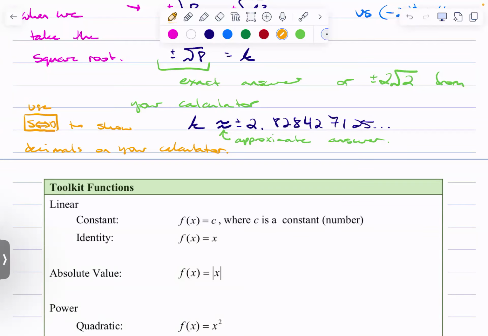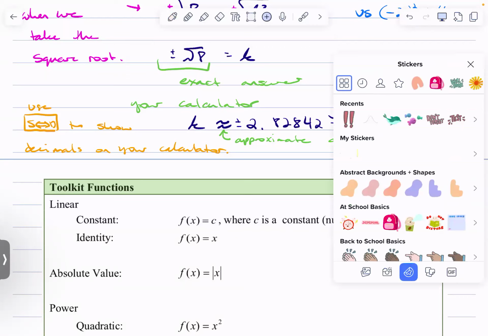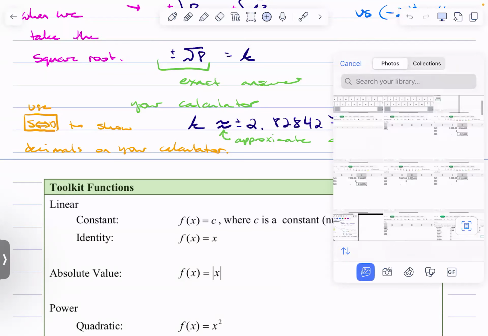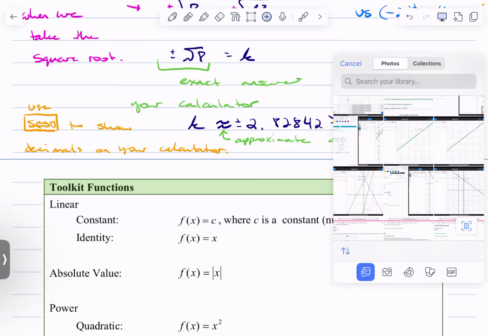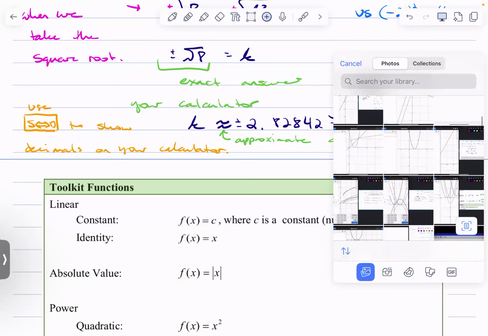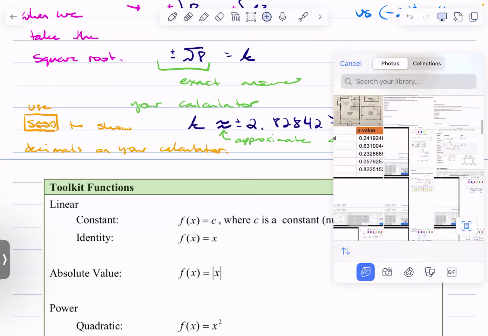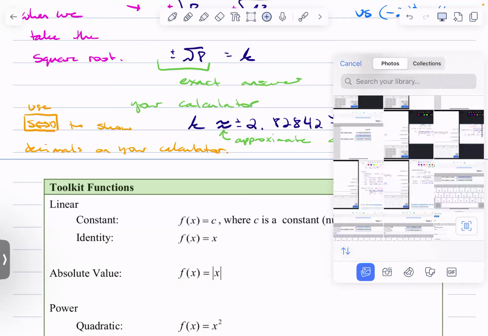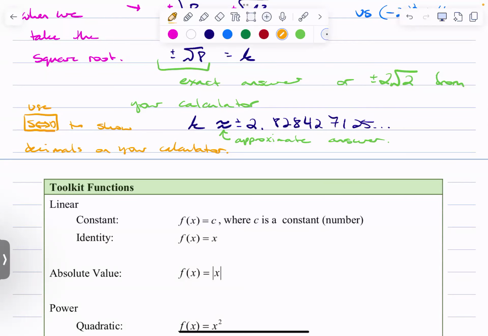Somewhere in my pictures, where are they? Here, maybe. I have a picture of my calculator, but it's been a while, I guess. Got the most boring camera roll there ever was. I'll have to dig it up for next time. But anyways, the S-D button does it. Oh. Nice.